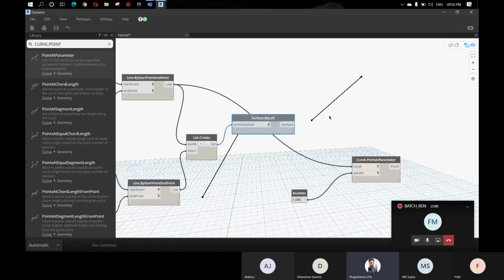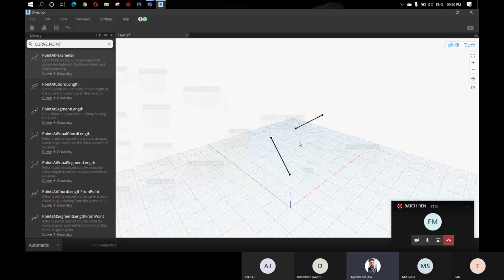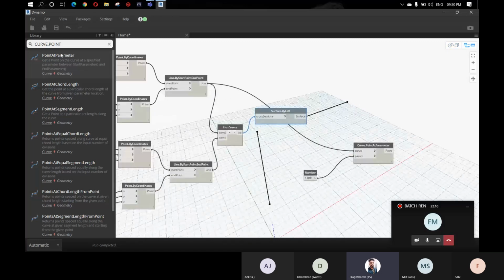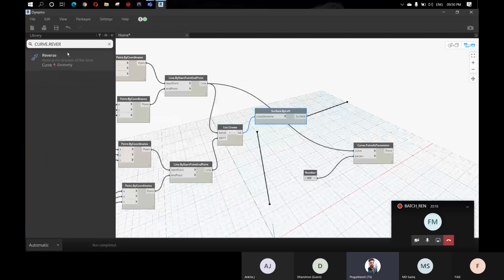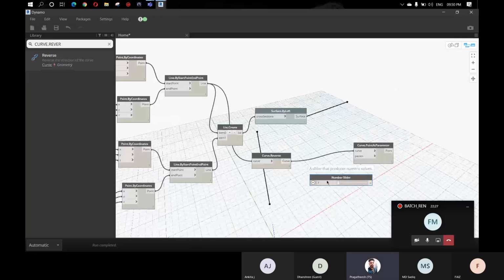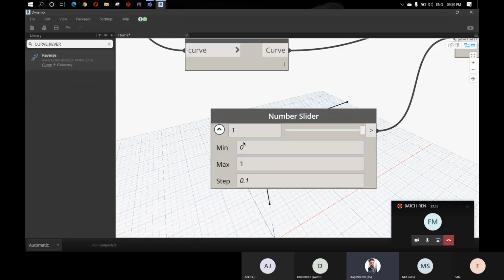Let me hide this one. Let's give the maximum as 1, and let's try.